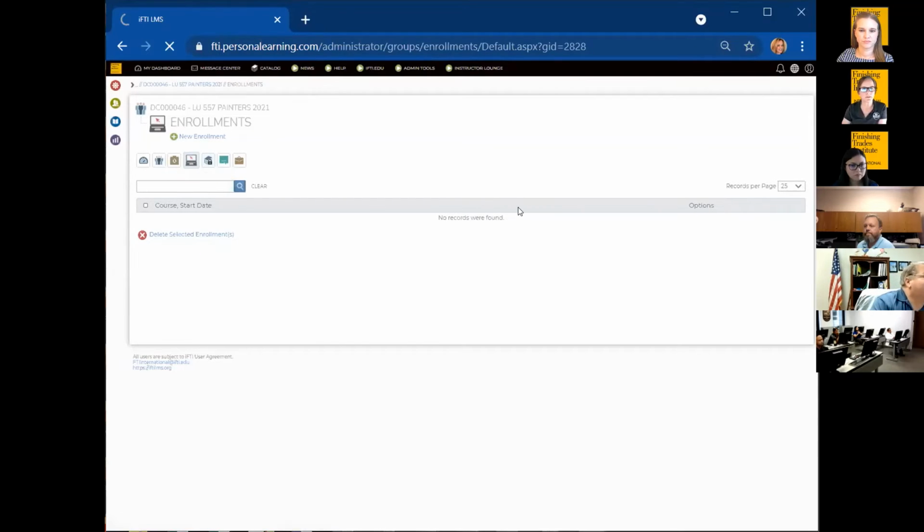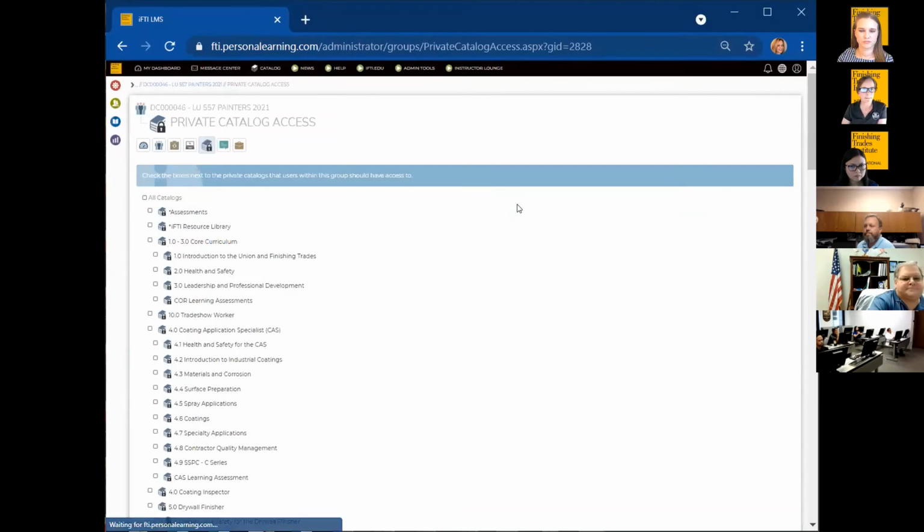The next widget is the private catalog access. Right now, admins will have access to the district council specific learning path catalog. We typically don't have catalogs open to all the users because that just means they can enroll in any courses they want to. So for now, we have everyone able to manage their group for the learning path in the course catalog. So you'll be managing your users using the rule sets and using the groups to identify those people that will be in those learning paths.